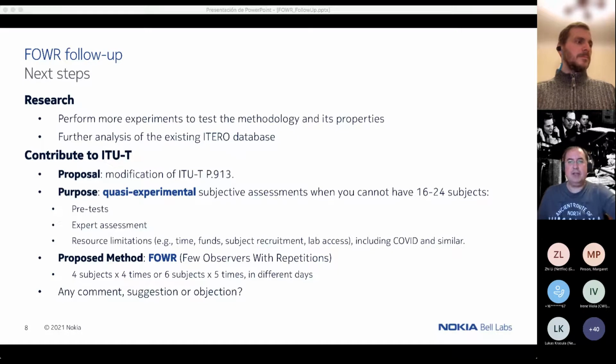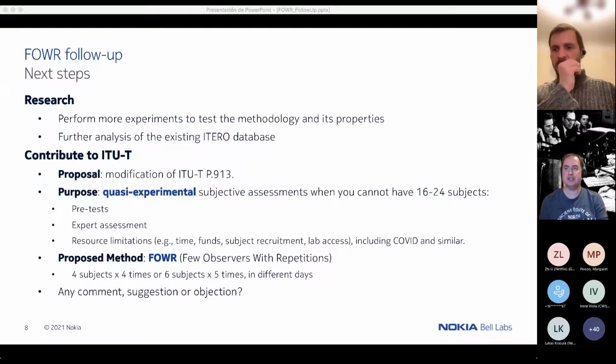I have some, and I have a mixed result, and it's something that probably would need to be further studied a bit. But what we saw in the original experiments is that people tend to actually vote quite differently from one day to the other, especially in the first 3-4 repetitions. So of course not completely different, but I would say that the main source of error from a subject is this one